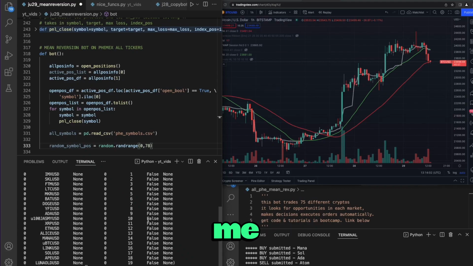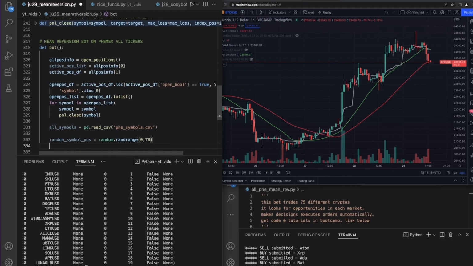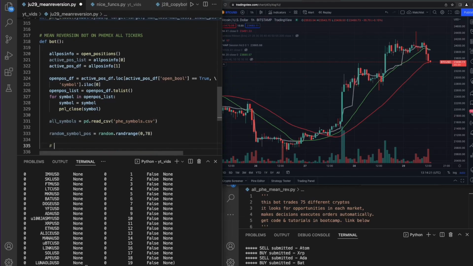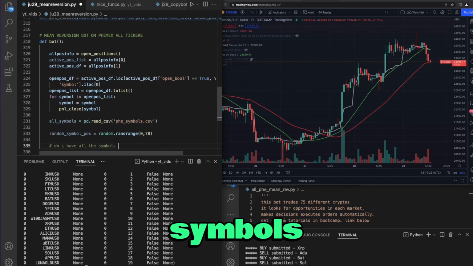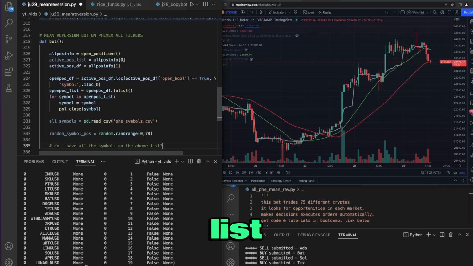So that kind of tells me that this is only active on 19 symbols. So what we need to do is actually, okay, let's just try this for now. Do I have all the symbols on the above list activated? So my